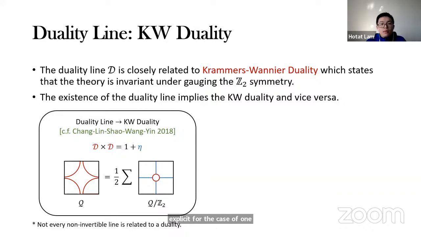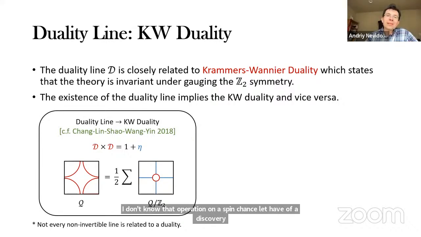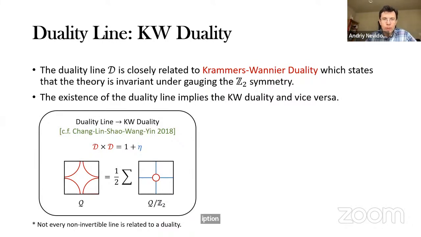Oh, okay. I guess you want to hear something more along the lines of the operation on the spin chains, that type of description. Well, at least less abstract, not in arbitrary dimensions, but in one dimension. What do you mean by duality line? For instance, why is it called a duality line? Is it because it's codimension 0 relative to the system? Anyway, I'm also confused about the language.